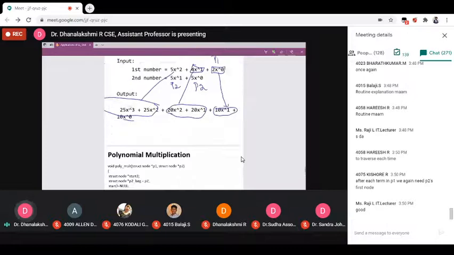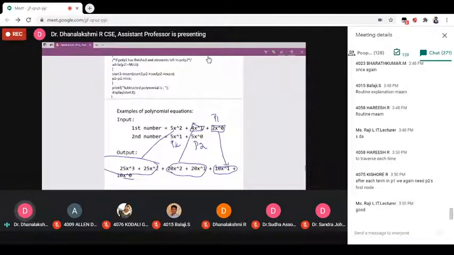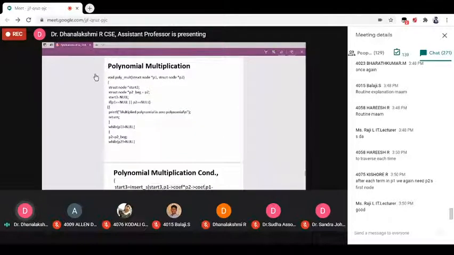Now I told you, this pointer P1 and P2 both are not null. You can proceed. If any one of the lists is null, we can't do any operation. So here, if P1 is equal to null, or P2, any one list is equal to null, we can't do it. That is, the multiplied polynomial is a zero polynomial. We can't perform multiplication. Got it?